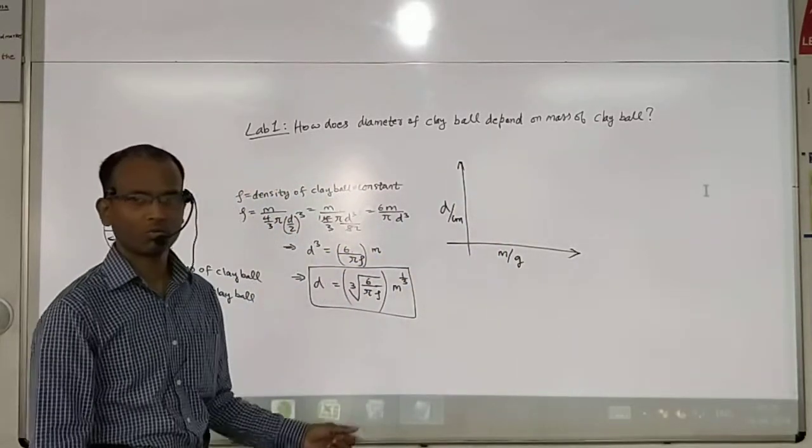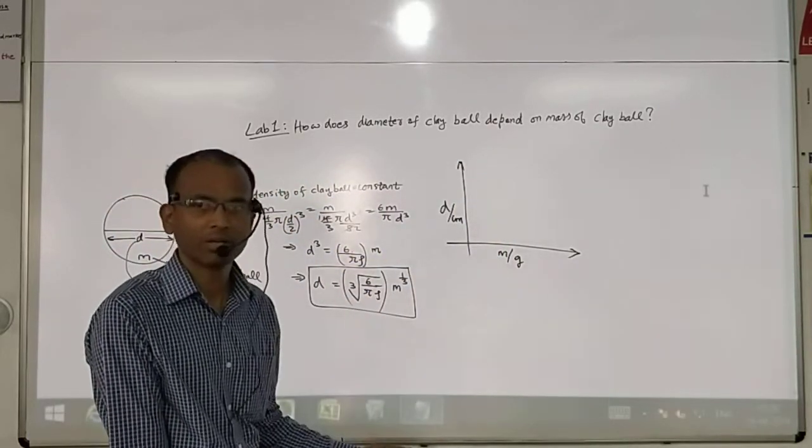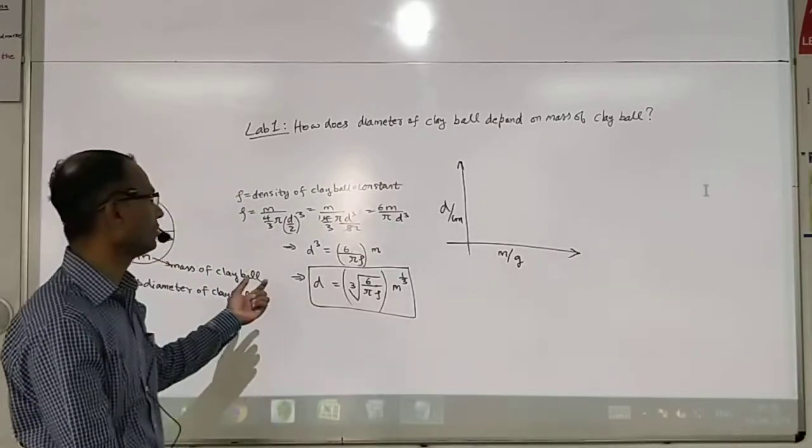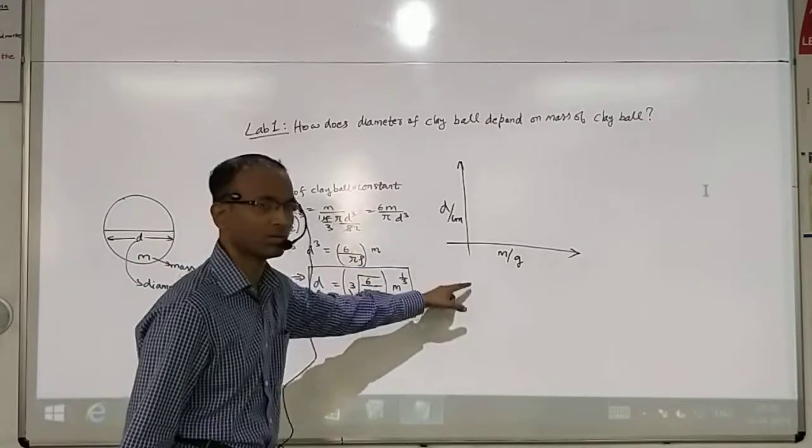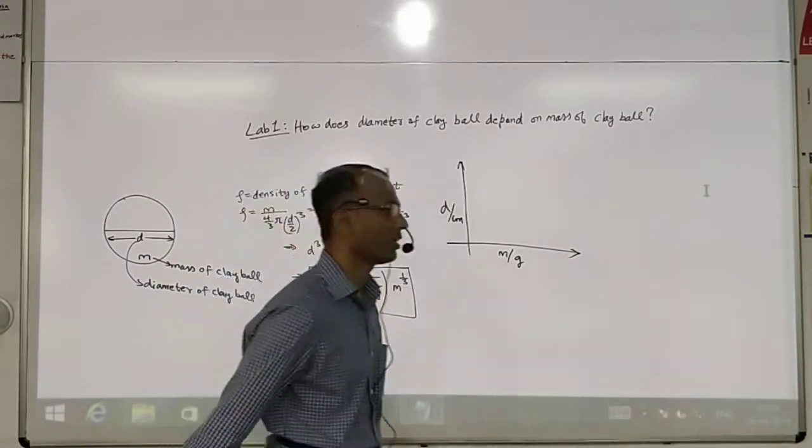So we don't know what kind of graph we will get, right? We didn't know that time. So then we use the physics which we know to derive some relation between diameter and mass. So when you do an internal assessment,